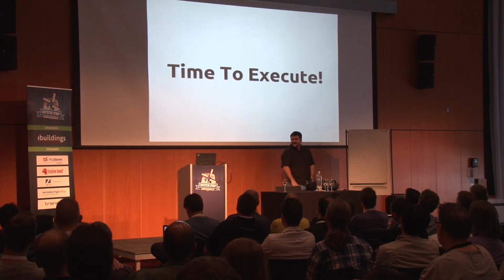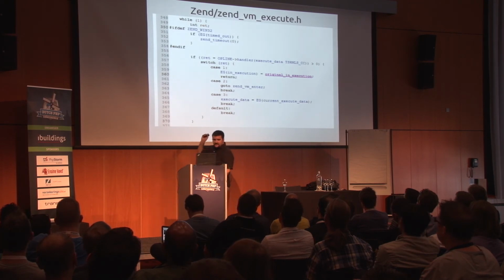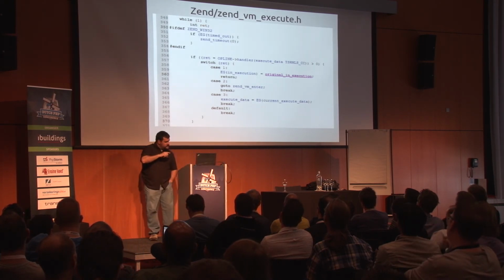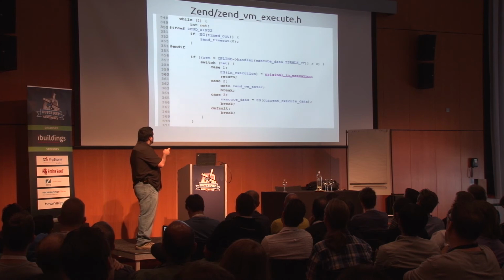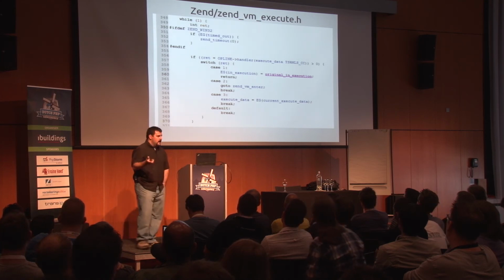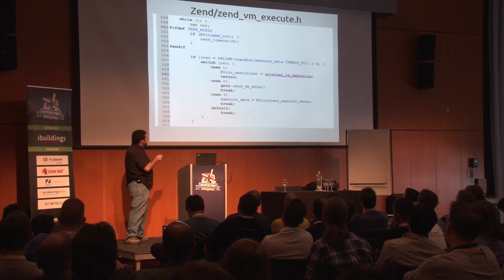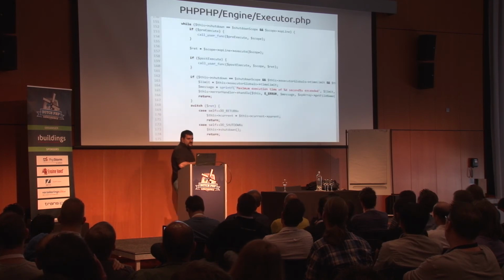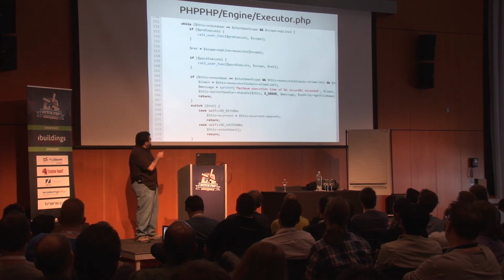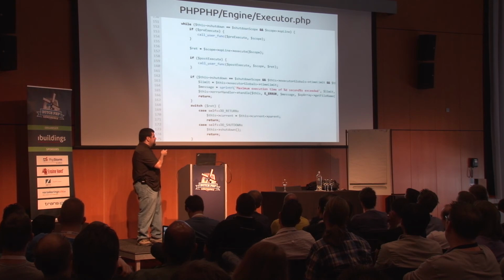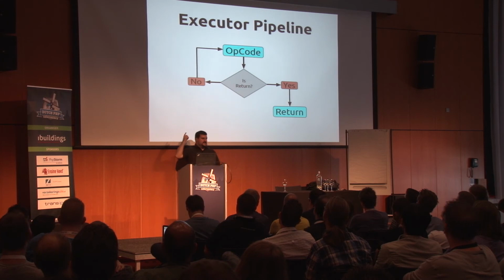So, yeah, let's actually talk about the actual execution here. This is the main loop that PHP sits in when it actually is running PHP code. Basically, we take the current op line, the current opcode that we have, and we execute it. And then we see what it says. If it says to shut down, then shut down. Basically, it's just a gigantic while loop. And in PHP, this is the exact same code. The only difference is because PHP is not C, we had to do a little bit of extra hackery to get extensions to work. This is basically what the executor is doing.